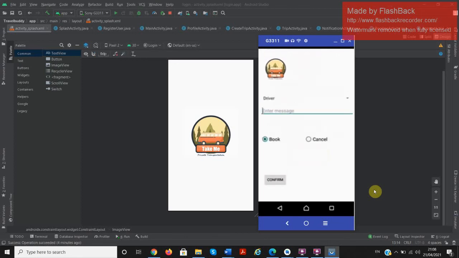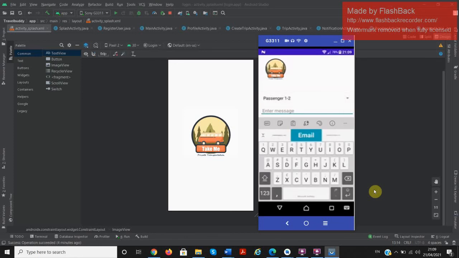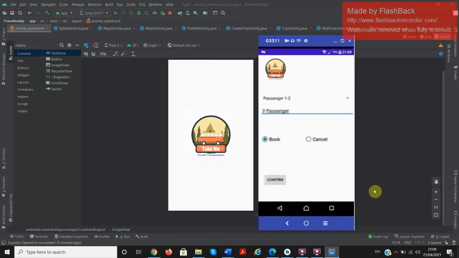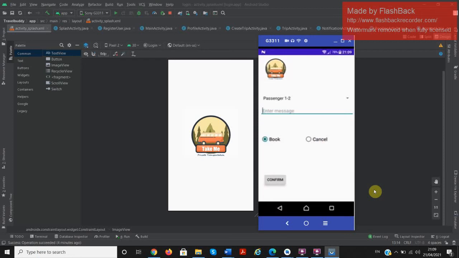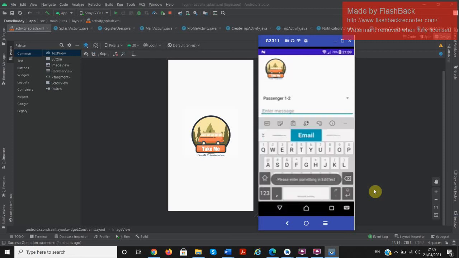To book that, I will click on book, and if I'm a driver or if I'm a passenger, if I have more than one passenger there, or if I have friends coming with me who are up to 4 people, I can just click on that one. So right now I've got 2 passengers coming with me, which is including my friend. So again, we've got some validation here as well for that. And if I show you here, it will tell me please enter something to the edit text. 2 passengers